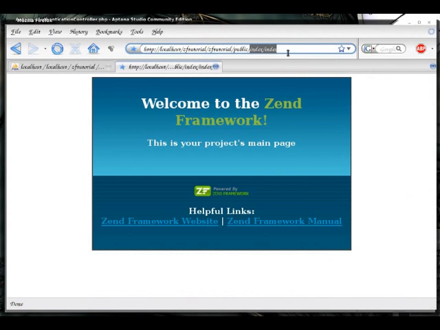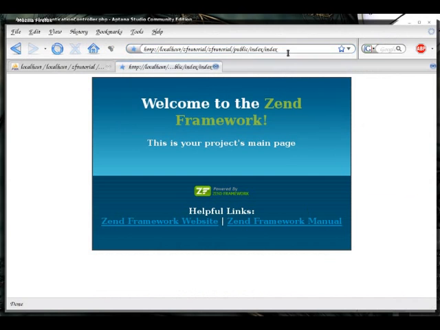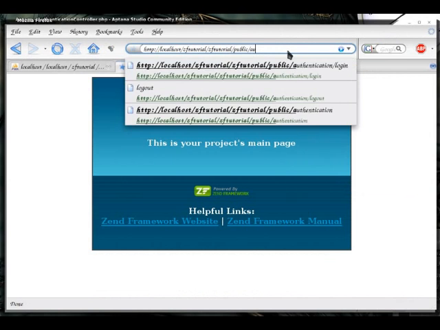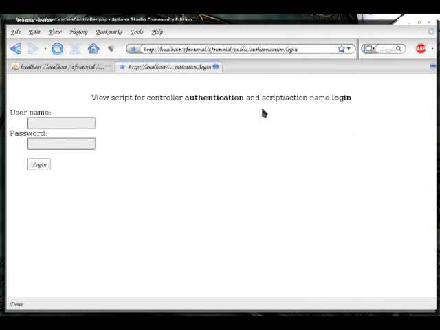If we want to log out, we go to the logout action, we're directed back to index, and we should be able to go back to login if we want to. There. So now we got ZendAuth to work with ZendForm.